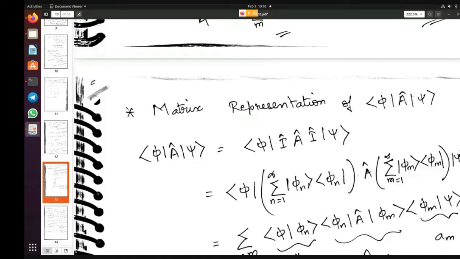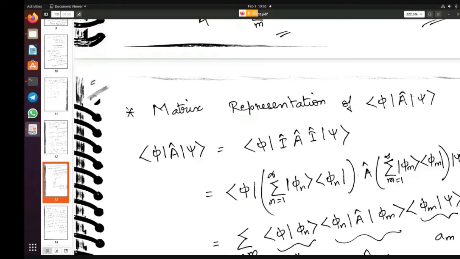So all these phi n's should be all the eigenvectors of that particular matrix. So let's say phi n's are eigenvectors of some other operator called B, but they should be all the eigenvectors. If B is a 3 cross 3 matrix, how many eigenvectors will you get in general? 3, exactly. So then you will have 3 such phi n's. So n will be from 1 to 3.